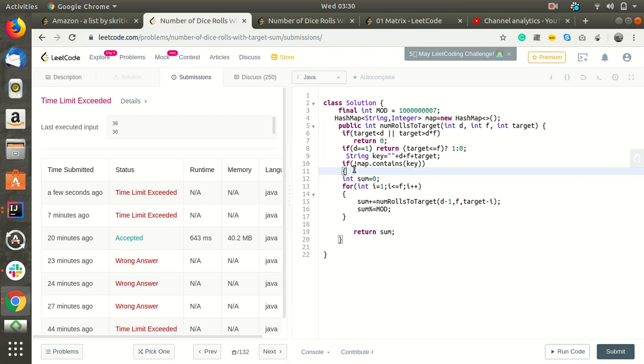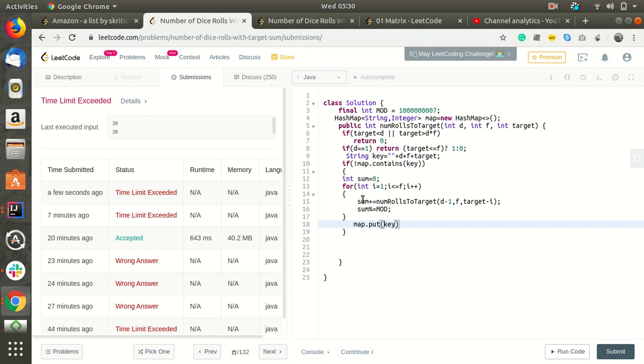Other than this, we'll not recalculate. So I am just removing this. If the map doesn't contain the key, it will put the key and add the value. Map dot put.